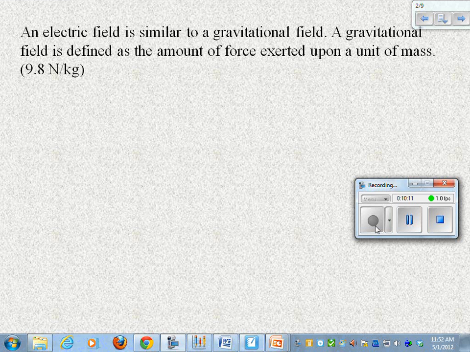Now, a gravitational field is defined as the amount of force exerted upon a unit of mass. Pause there. Okay, so remember, a gravitational field is defined as the amount of force exerted upon a unit of mass. An electric field would then be the same idea, amount of force but exerted upon a unit of